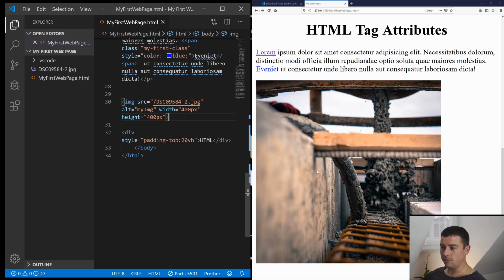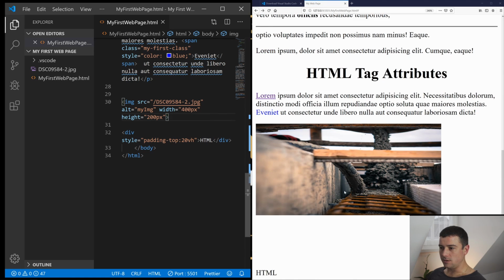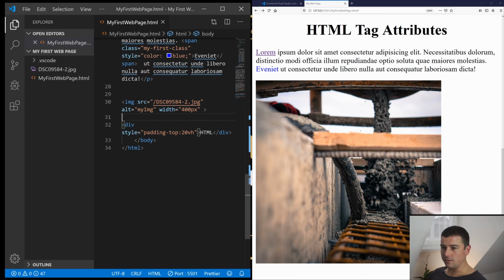This will stay the same because the image is rectangular, but if you wanted to squish it together, we could change this to 200 pixels. And this would squish the image together. Now I would leave it at 400 on 400. So basically what this means is that we only give this a width, and the height of it took automatically from the